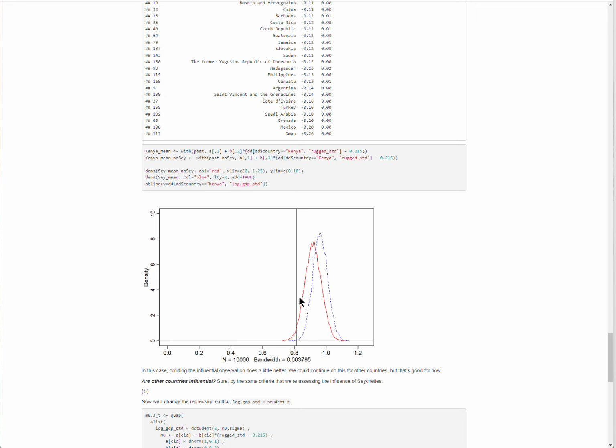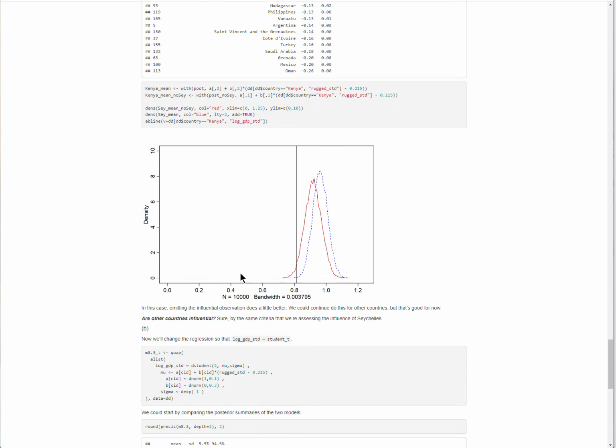One, that our model is not doing well, that it is not a good fit for the data, or that Seychelles is kind of a weird data point, at least given the model. Because the model actually does worse when we give it more data, at least in terms of predicting. So anyway,